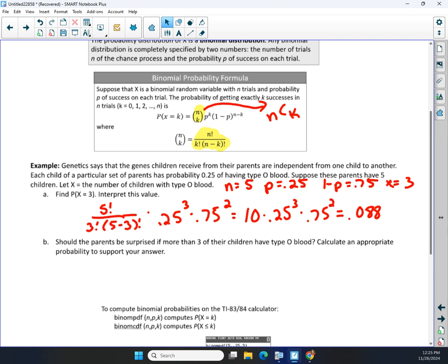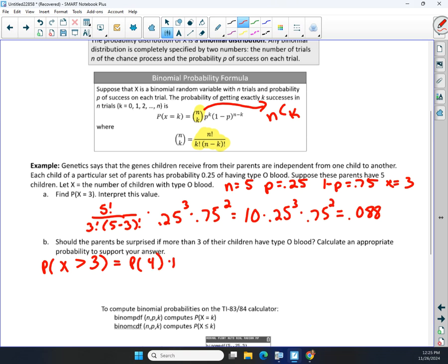Should the parents be surprised if more than 3 of their children have type O blood? Calculate an appropriate probability to support your answer. So for this one, I want the probability that X is greater than 3. So that's the probability of 4 plus the probability of 5, which is going to be